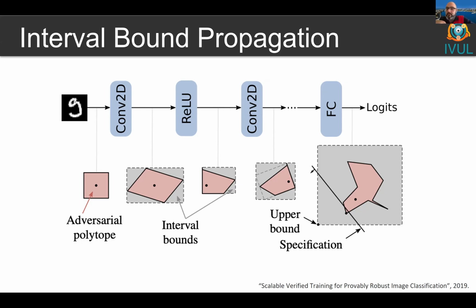With convolutions and ReLUs and linear units in general, you can do this kind of bound propagation. Of course, the bound gets bigger and bigger, and it might not be meaningful at the very end. But if you could train in such a way that this image is a cat, so the cat score, its range of scores with respect to the input ranges. Because if the input ranges from A to B, the output will also range from something to something based on this propagation. Can you train the network in such a way that the lower bound of the cat score's range, the lowest score possible, is higher than the upper bound of all of the other classes? If you can train the network to do that, then you are guaranteed that you cannot